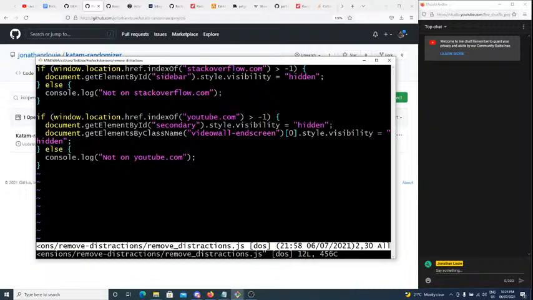Then we get the sidebar element, and we set the style to hidden. So it's not like it doesn't download that stuff, right? The sidebar is still getting downloaded. It's just hidden away with CSS. That's basically all there is. We just style it to be invisible or hidden. This console.log was just there for debugging. It's not really anything special. Same here.